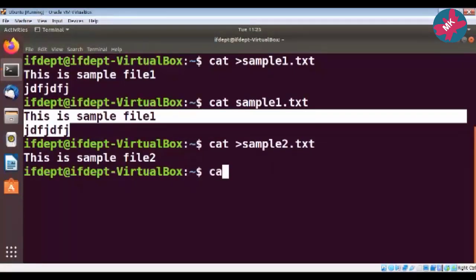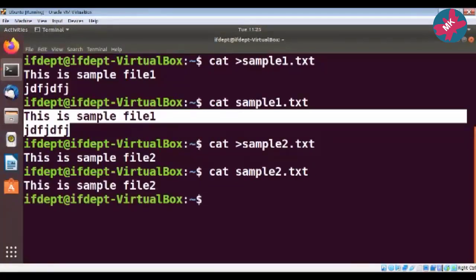Now if I want to see the content of this file, cat space sample2.txt. So this is my first command, to create a file and to see the contents of the file.